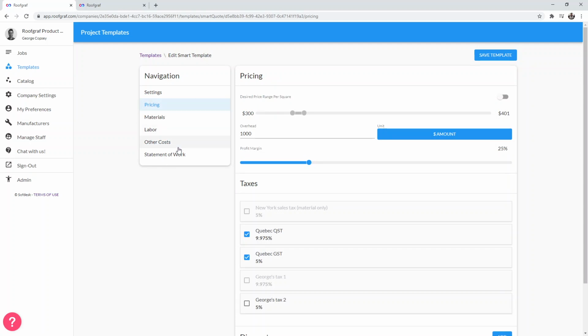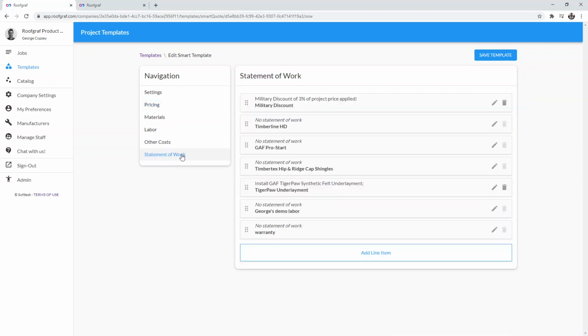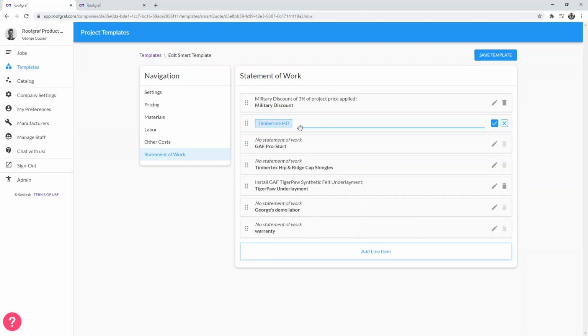So once you've built out a list of all your costs, you want to head to the statement of work. As you saw when we were adding some of these costs into the template, there was that field in each form where you could add a line item that would appear in your statement of work. So some of them will already be populated, but you may just want to review them. For example, here, we don't have anything saved for the shingles, so I'll just put install GAF Timberline HD shingles,